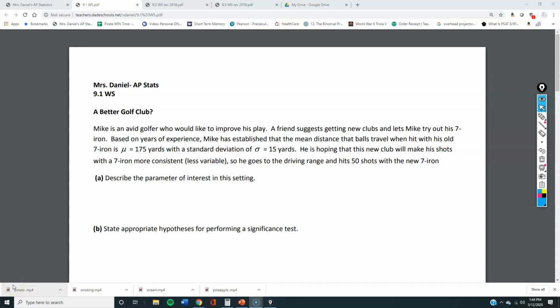Alright guys, we're looking at chapter 9. Some would say chapter 9 is a very significant chapter because of the significance testing. A lot of this is going to be verbal once more, so please